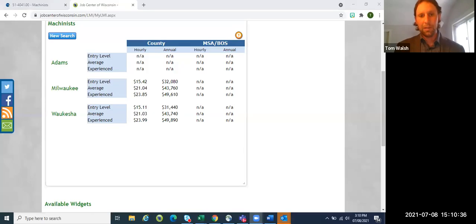In those instances. The highlight again, this one is fairly straightforward. Entry level, average, and experienced. This just is a little background of the source. They don't necessarily get into how many years people have worked for entry level or how many years they've worked for experienced. They're just looking at the range of wages and going more to the top of the range or the bottom of the range for entry versus experienced.